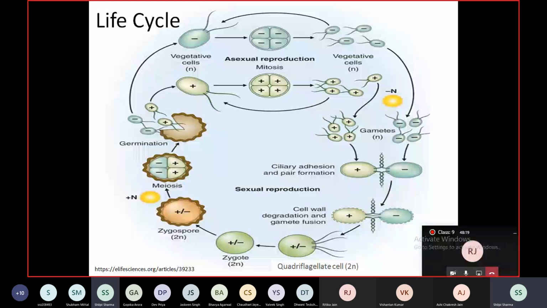बैक्टीरिया कैसे इवेड करता है स्ट्रेस को? फंजाई में स्पोर्स होते हैं, प्रोटिस्ट में सिस्ट्स होते हैं. बैक्टीरिया में क्या होता है? जो डॉर्मेंट स्ट्रक्चर्स हो या रेस्टिंग स्ट्रक्चर्स हो which can evade stress, which are quite resistant to stresses.